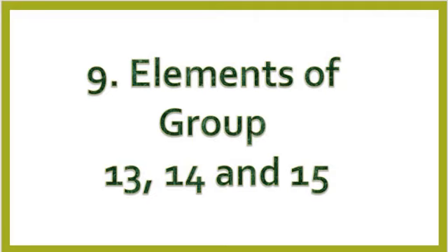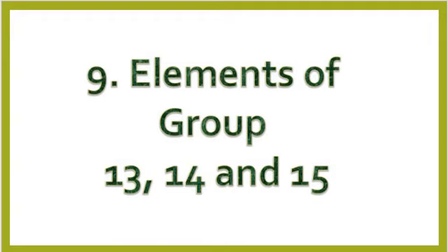Hello everyone. Today I am starting the chapter on elements of group 13, 14 and 15, and we already studied p block elements. The p block elements are those elements where the differentiating electron or the last filling electron enters the outermost p orbital. And I think you also know that the p subshell can accommodate a maximum of 6 electrons. So this will give rise to 6 groups, from group number 13 to group number 18, which are the p block element groups.